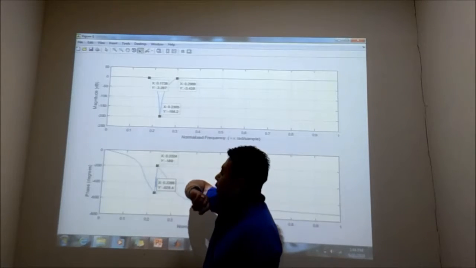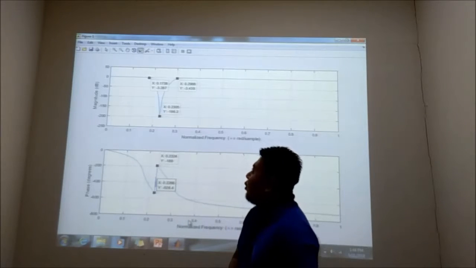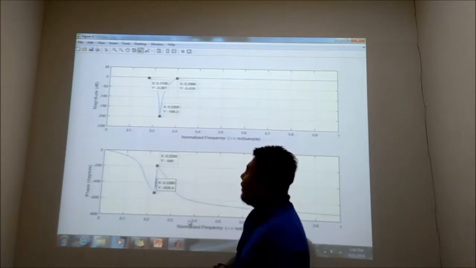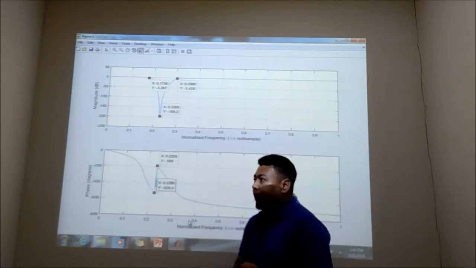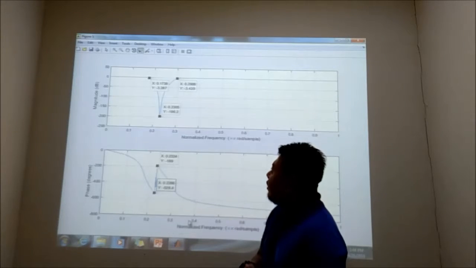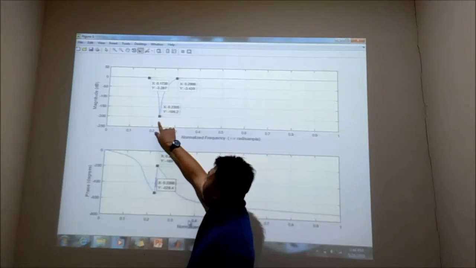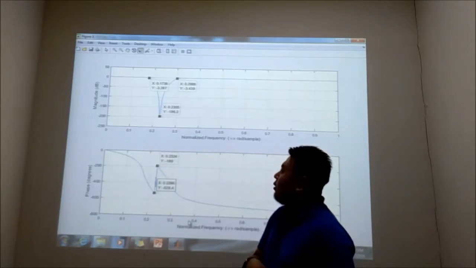For the lower cutoff frequency, we get X 0.1738 and Y is -3.287, and for the high cutoff frequency X is 0.2988, and for Y we got -3.439. And here we got the lower, 0.2305, and Y is